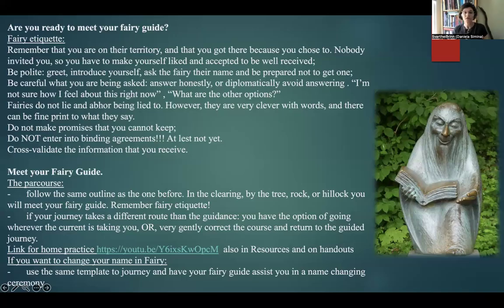So, once you are out of the journey state and you have information, it's your job to cross-validate the information that you have received and see, does it align to what's known from lore and folklore? It doesn't have to be exactly what you read in stories, but does it align? Does it follow, at least remotely, any of those known typologies? Does it line up with what other people have experienced? So always cross-validate the information.